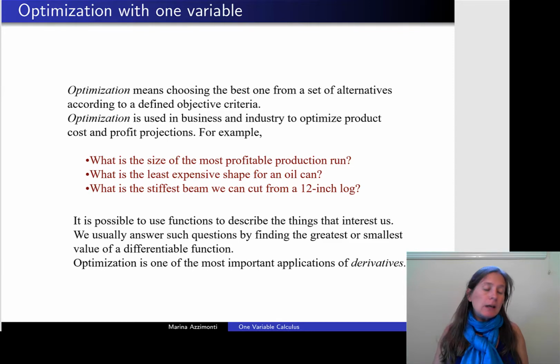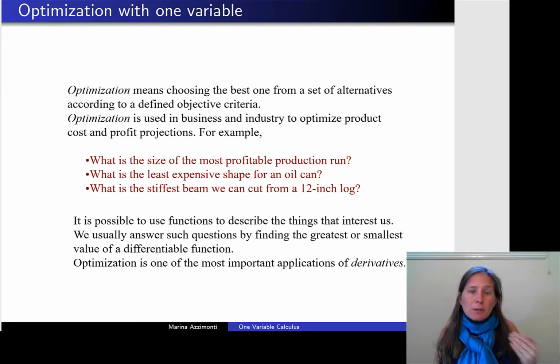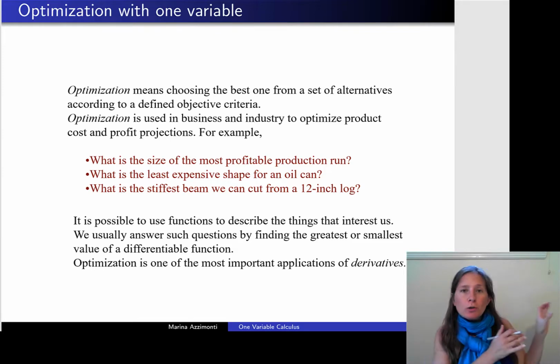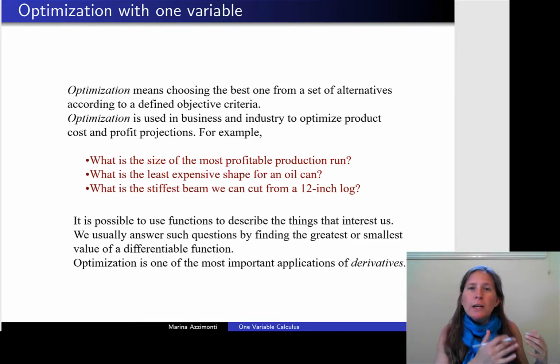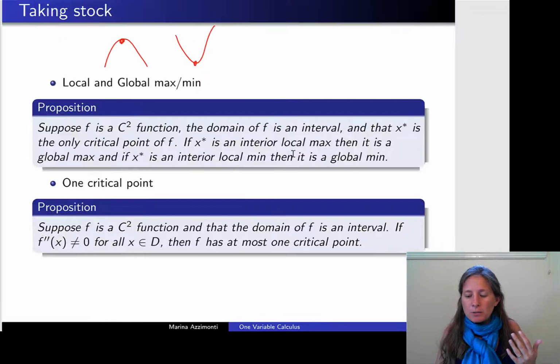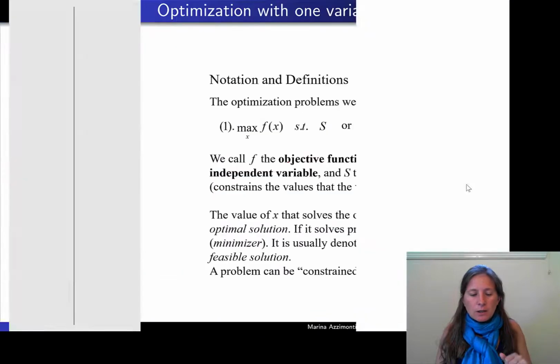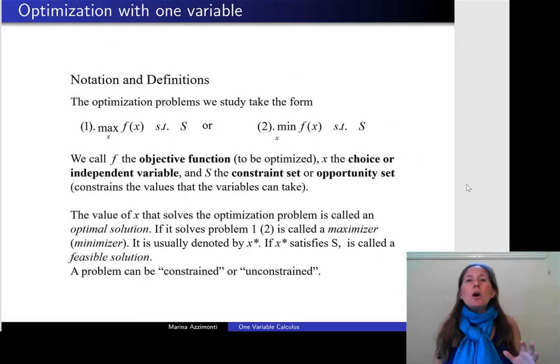Now, again, solving this problem is one of the most important applications of derivatives. So I said before, we use derivatives to talk about the shape of a function, but at the end of the day, what do we care about in economics? Optimization. So this is the most important use of it. And in some sense, talking about the shape of a function is an intermediate step to this ultimate objective. Okay, so how do we set up a maximization problem?